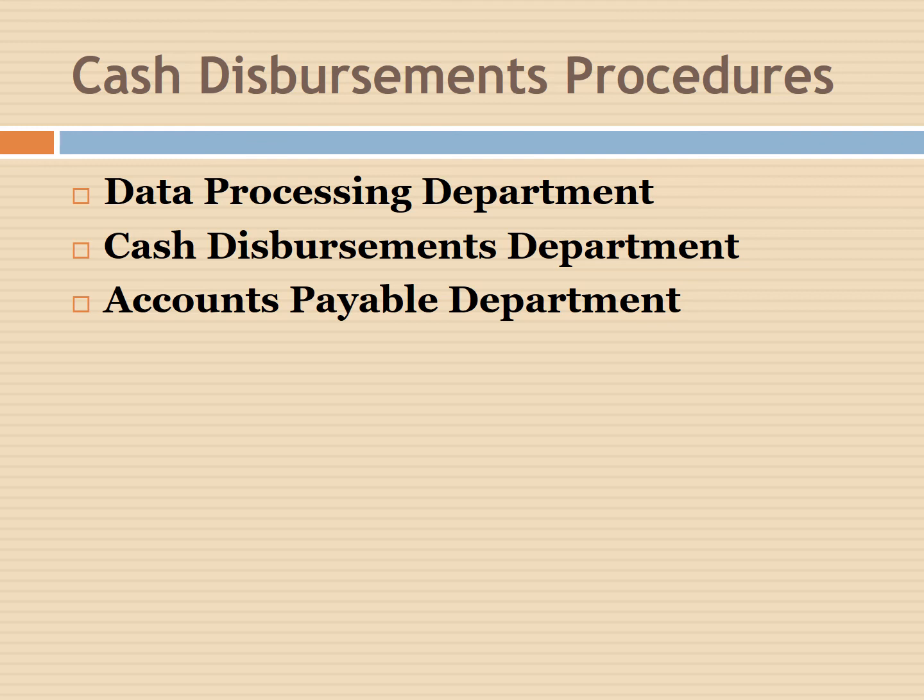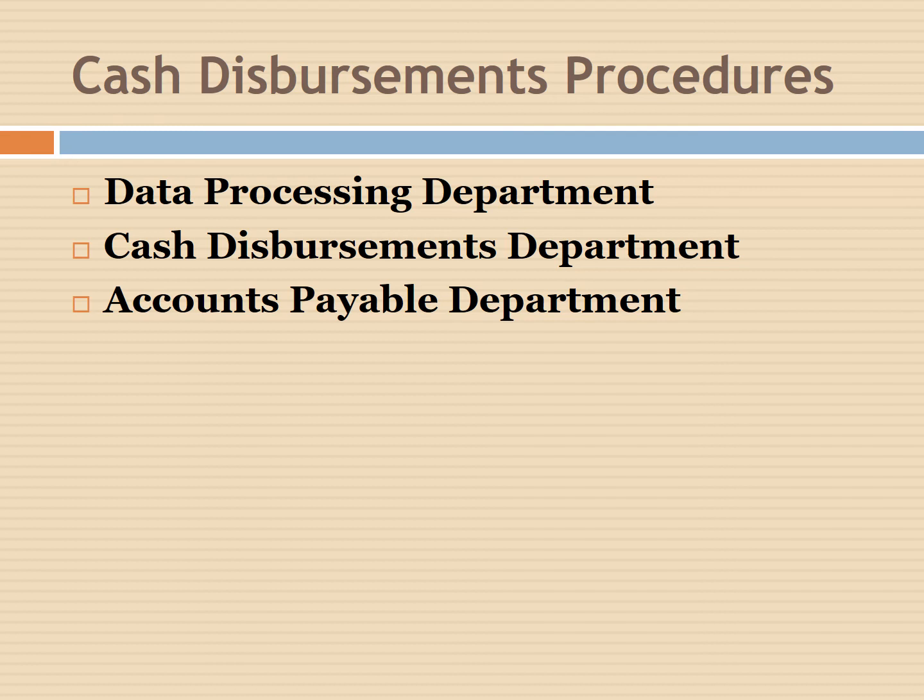Inventory control and cash accounts is in the general ledger. So the total of closed accounts payable and cash disbursement should balance. So next is the cash disbursement department. So in the cash disbursement clerk